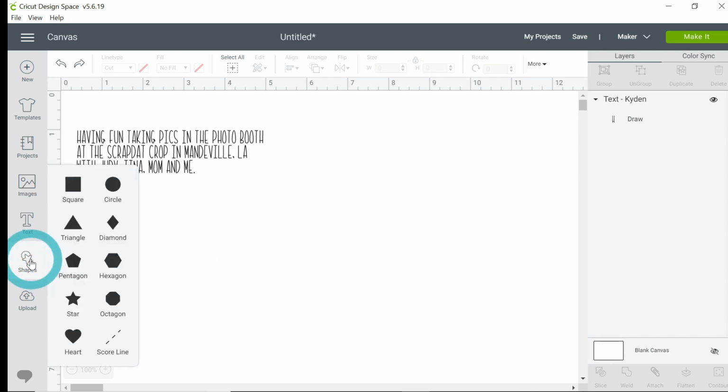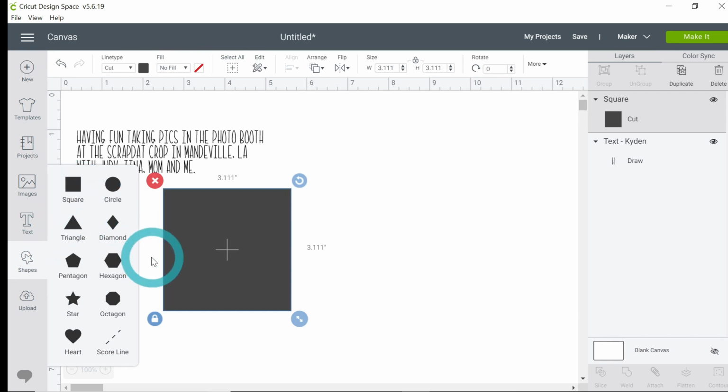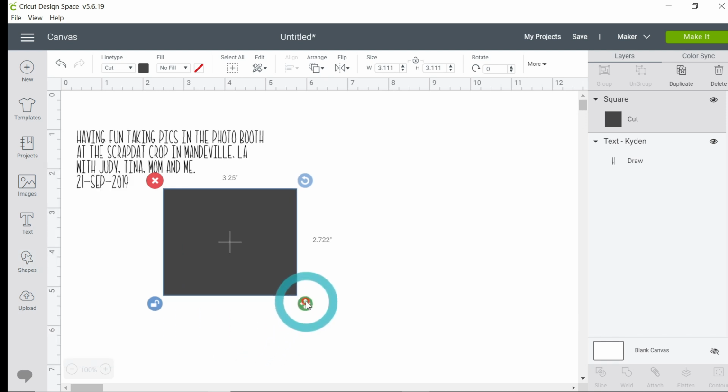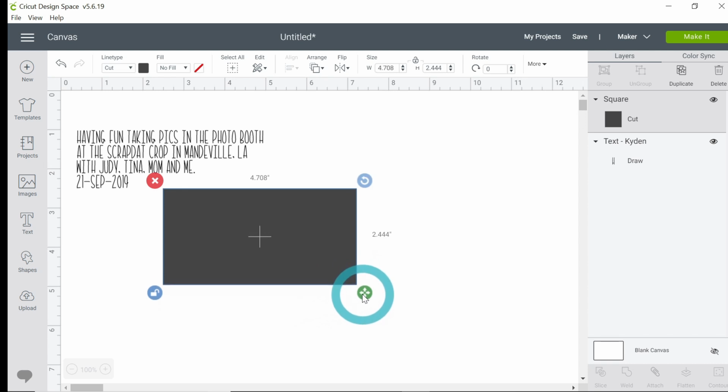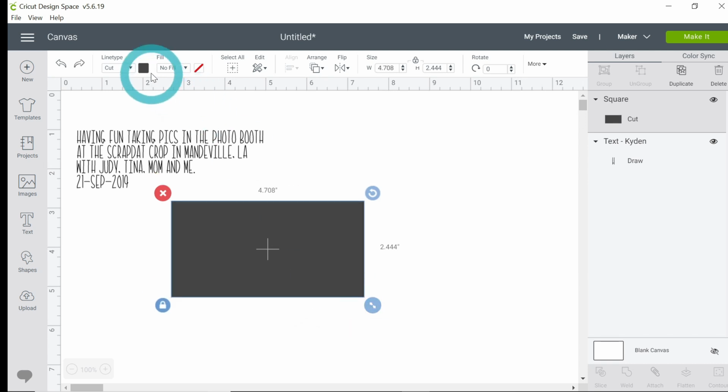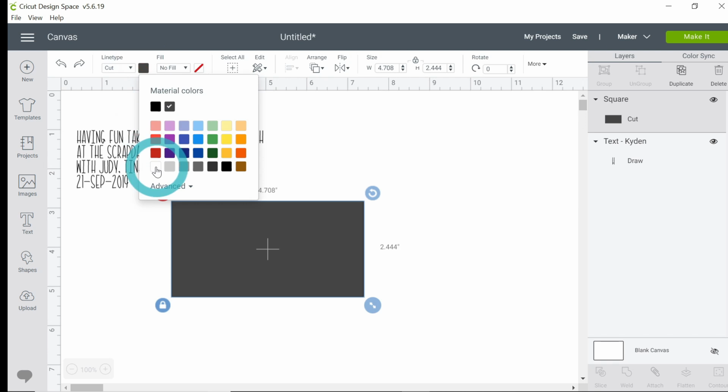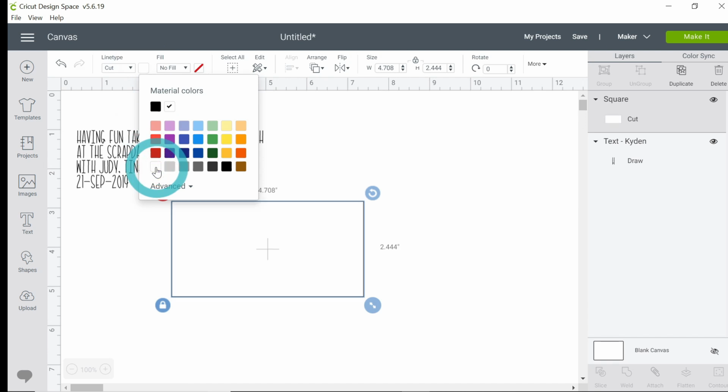So what we're going to do is go over here to Shapes, click on the square, and we're going to turn the square into a rectangle by clicking on this little lock button down here, and that's going to unlock our shape so that we can adjust both the height and the width. So I'm going to turn this into a rectangle. I'm also going to go up here and change the color to white, and that's going to make it easier for us to work with this because our text is black, and it'll make the text stand out on